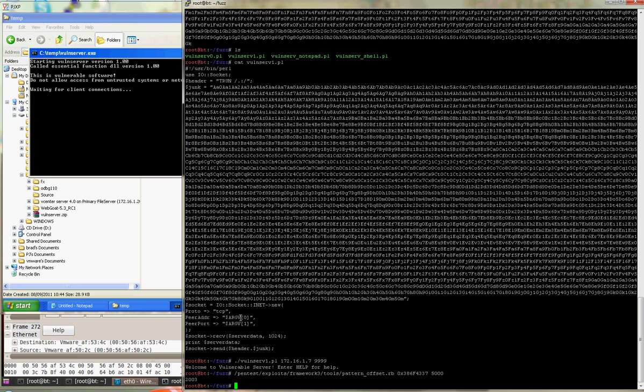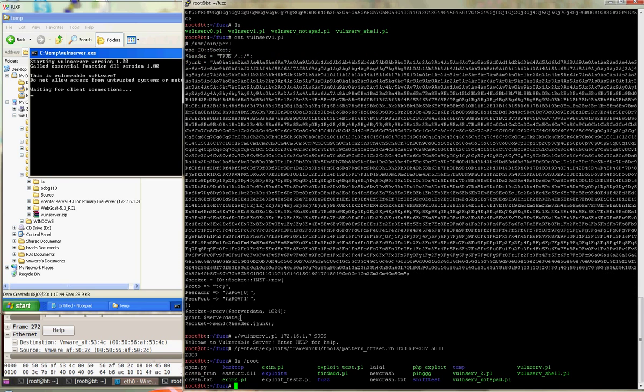msfpescan against the DLL of the software. In this case it is the ESS func.dll. Okay, so I think I have it here. I copied it from the server. Yeah, there you go. So if I just run msfpescan -j esp on the ESS func DLL,